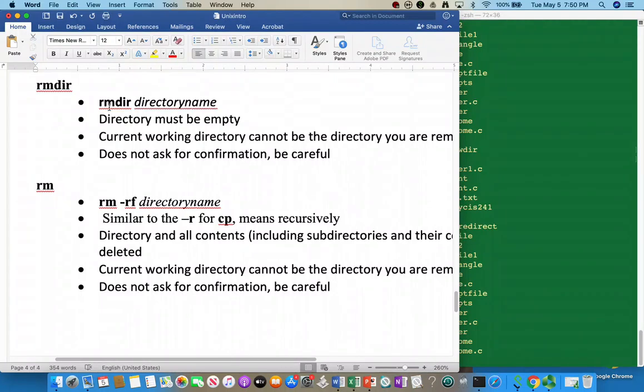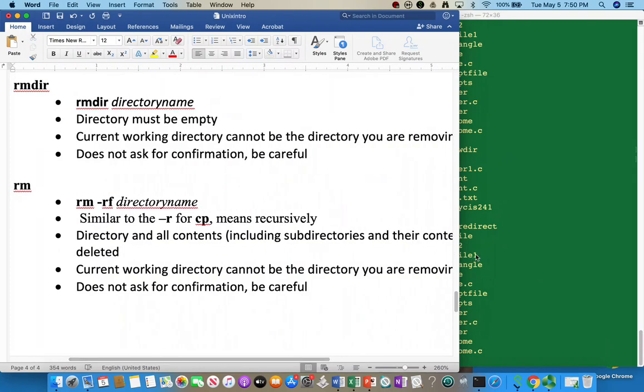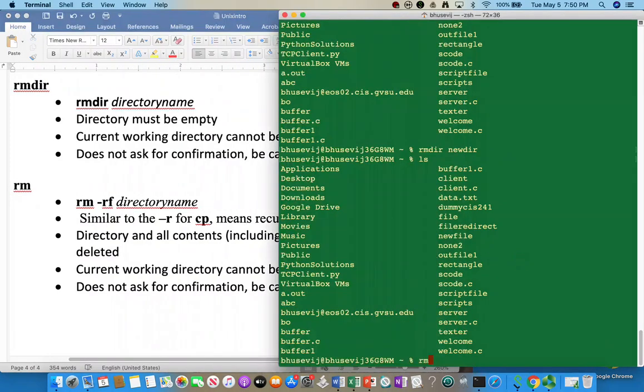For rmdir, the directory must be empty. So just keep that in mind. You have to be very careful when you're deleting something. rm is a command to remove a file or directory. So with rm, you can, if you want to delete a directory and all its content,